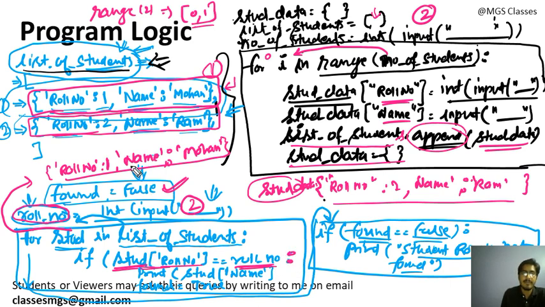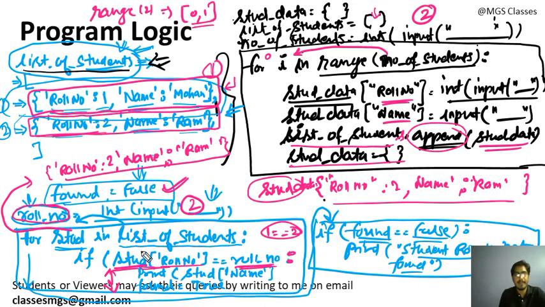If these are equal, so this time roll number 1, so 1 is equal to 2. Is it true? Not true. So this if condition will not be true, so this code will not be executed. And the second time the list of students will iterate, and the second time this object, this dictionary, will come into this stud variable, and this time the roll number will be something different. Let's suppose roll number 2 will come, this dictionary will come, and the name will be Ram.